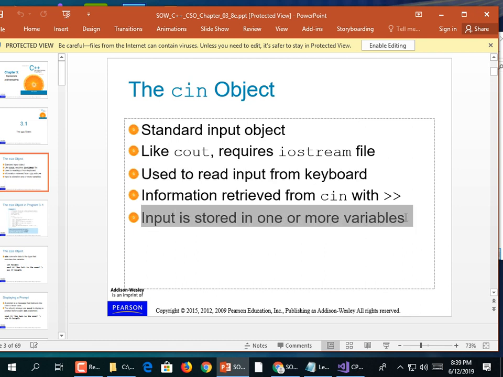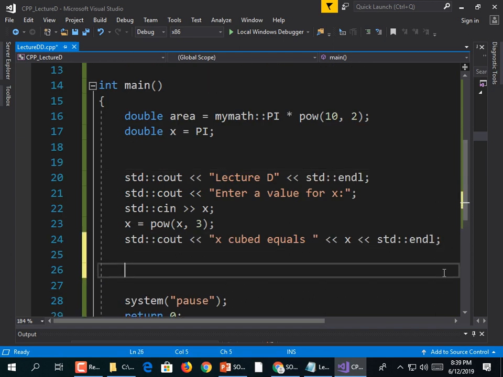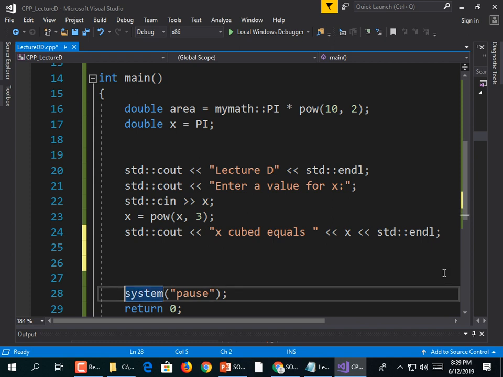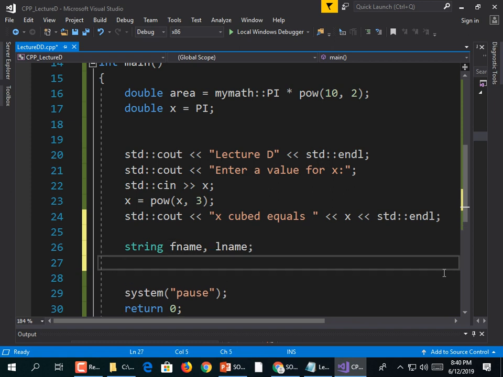An input is stored in one or more variables. More variables? Thought we were just storing things into one. Well, let's ask for a value and then let them type in two things. Now here's what we're going to do. Go down here before your pause command if you have one. Let's declare two variables, fname and lname, for first name and last name. They're going to be strings because the user is going to enter them as text. string fname, lname;